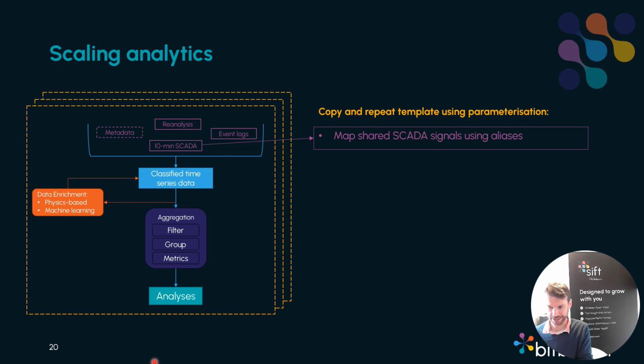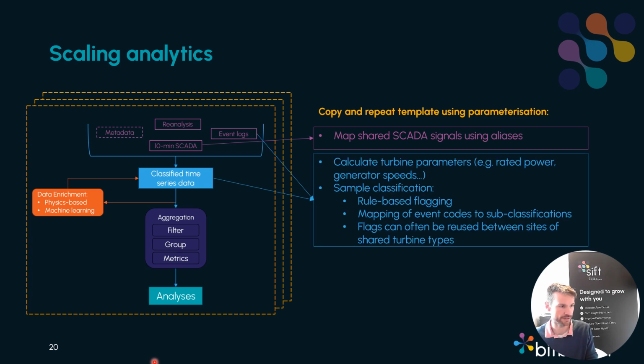Of course, there are some cases that are slightly more complex in terms of the components and the nacelle, for example, not being exactly the same across different sites. But for the large majority of signals, we do actually have like for likes there that we need to have a consistent mapping for, so that we can template analyses. And then we have various turbine parameters. These are things like rated powers, rated generator speeds, all things about the turbines or the site, which then means we can set up rule-based flagging,